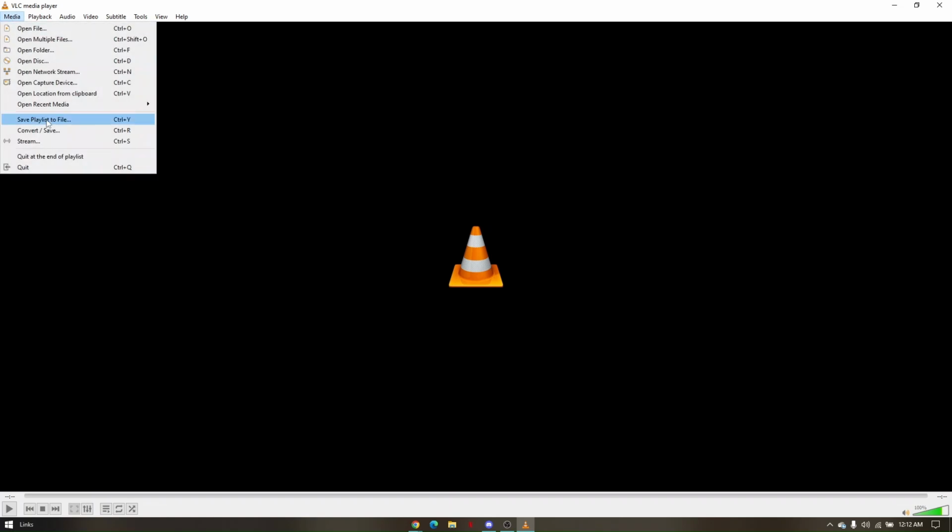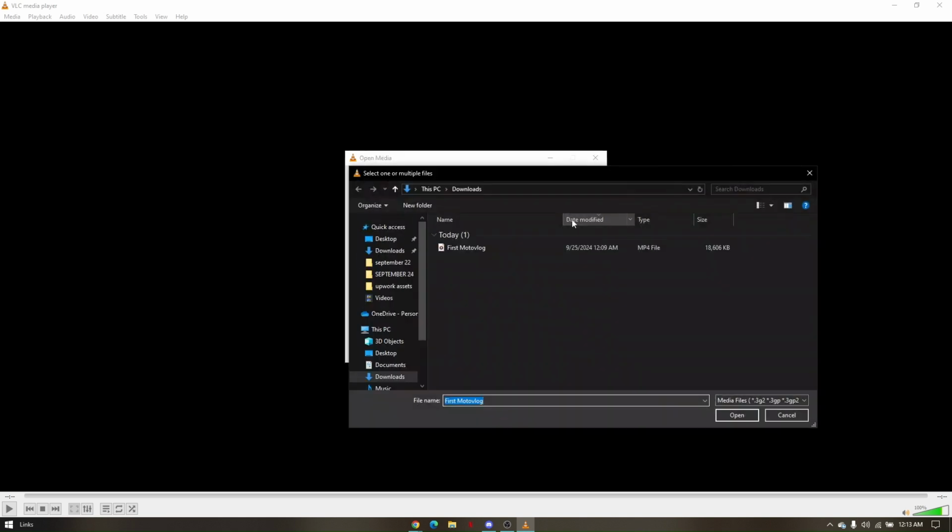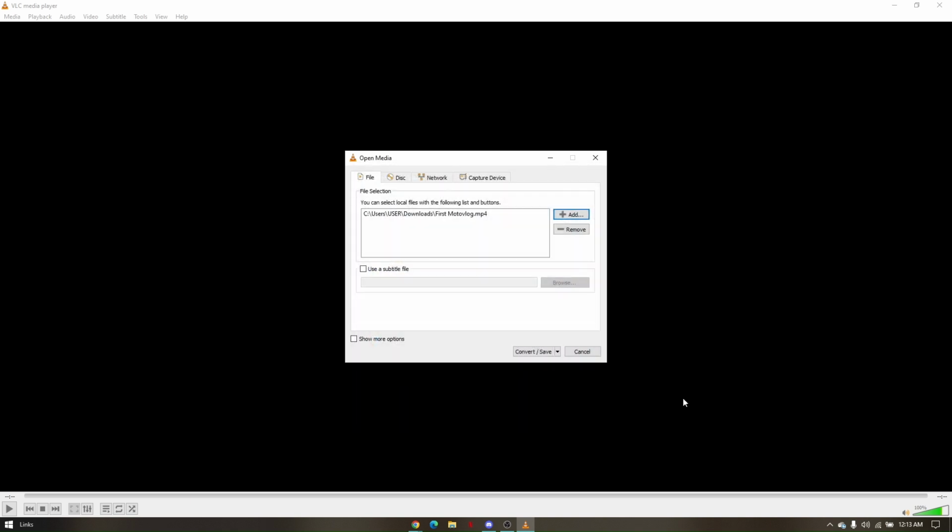And from here, all you have to do is to click on media located at the top left portion of your screen and then go to convert/save. Now make sure that there is no information on file selection right here to avoid any issues. So to convert it, just simply press on add and then find the YouTube video that you just downloaded earlier. Click on open. Now click on convert,